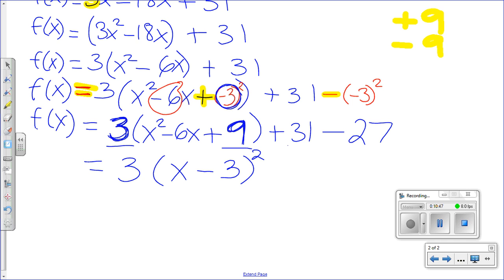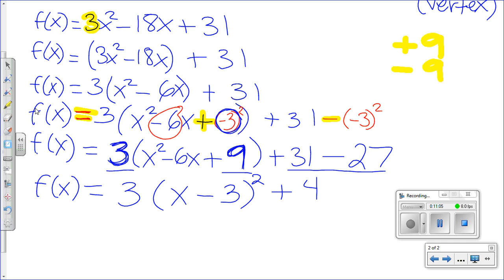And what we do here is we combine like terms, so 31 minus 27, that should be positive 4. So now from here, we have gone from the general form to the standard form